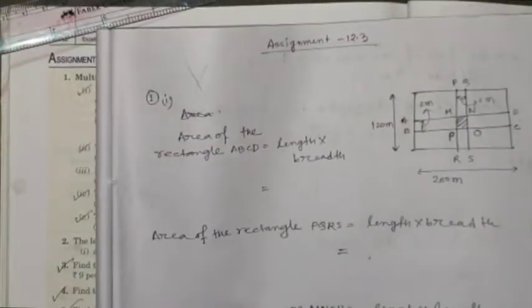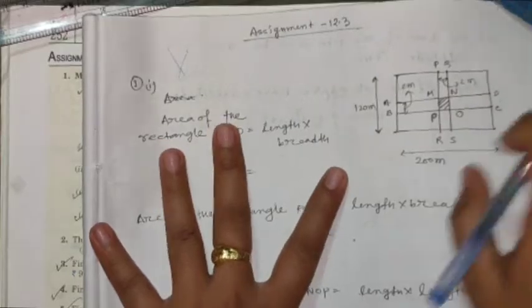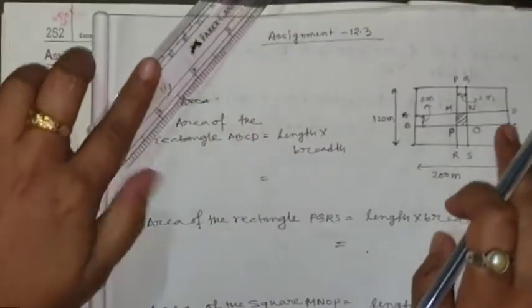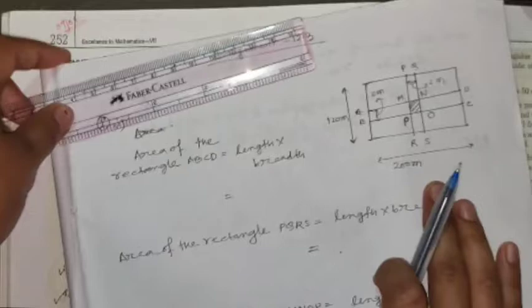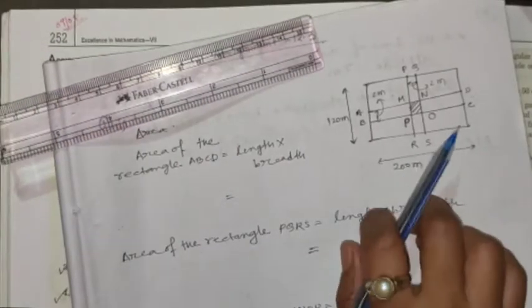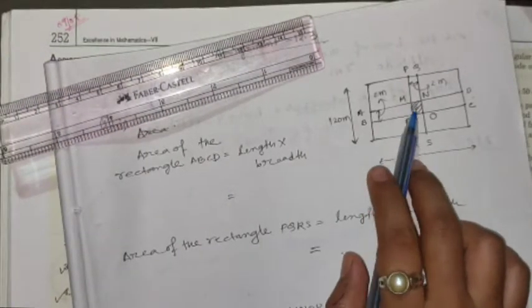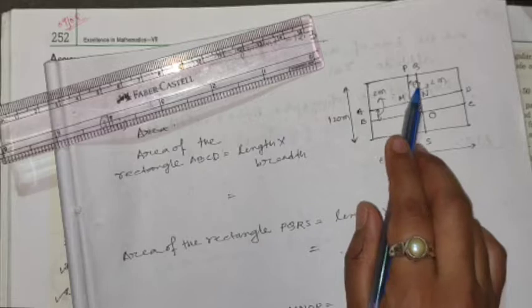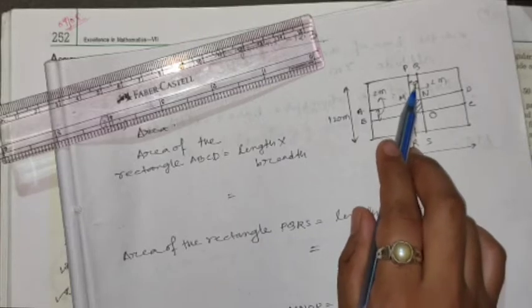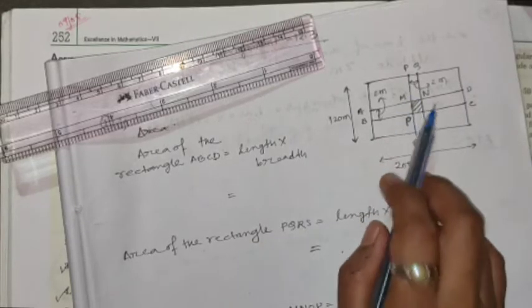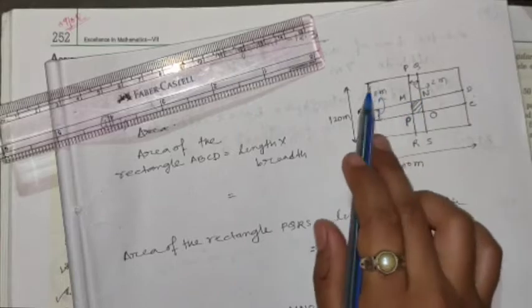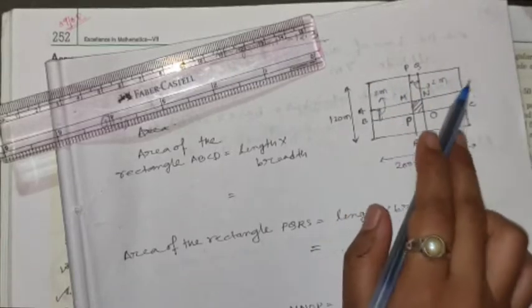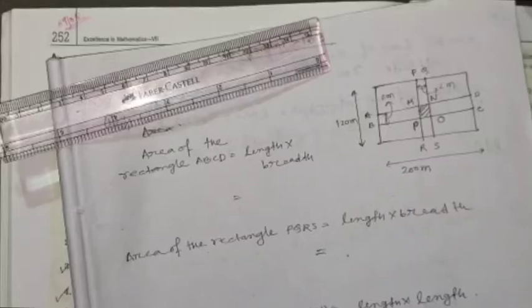You have to find the area of the crossroad. So how can you find the area of the crossroads? This is the type number 2, the area of the region enclosed by two rectangles. Here, how can you find the area of the road? Here two roads are parallel to the sides of the rectangle.